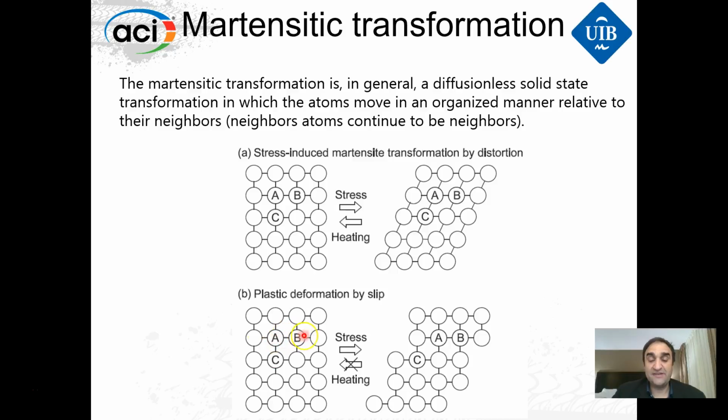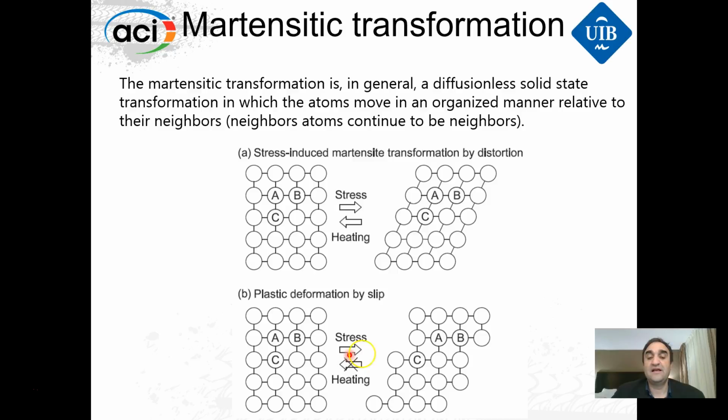You can see these atoms here, and if we load our sample in, for example, tension, at a stress higher than the yielding strength, then we have plasticity. So this atom here, A, that was a neighbor of C, then jumps, and they are not going to be neighbors anymore. So we cannot recover this